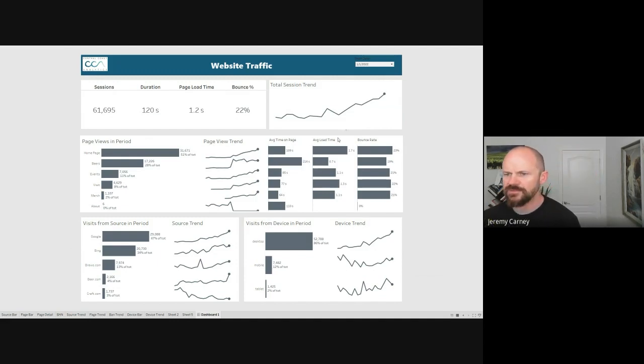Next up, as we're looking through how long it takes each page to load, none of these are too concerning. Let's just say average load time on our homepage was 5 seconds or something. People are very impatient these days, so maybe 5 seconds was causing people to leave even before the site was loaded. Nothing here seems to be too concerning, but we could watch and see as these maybe trend up over